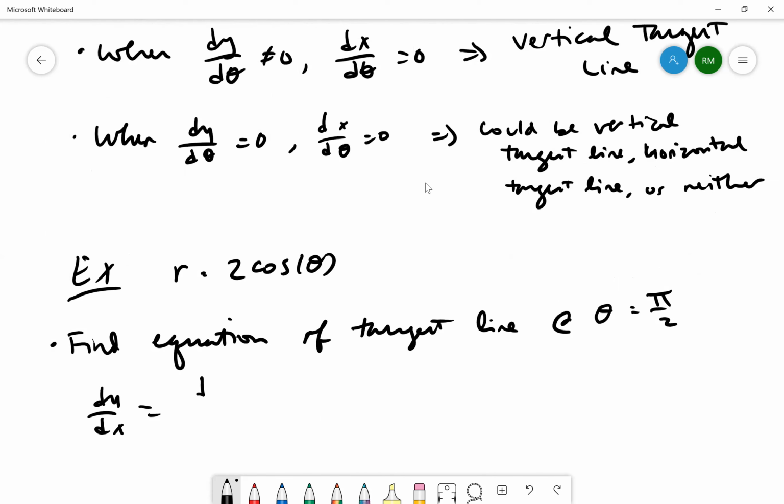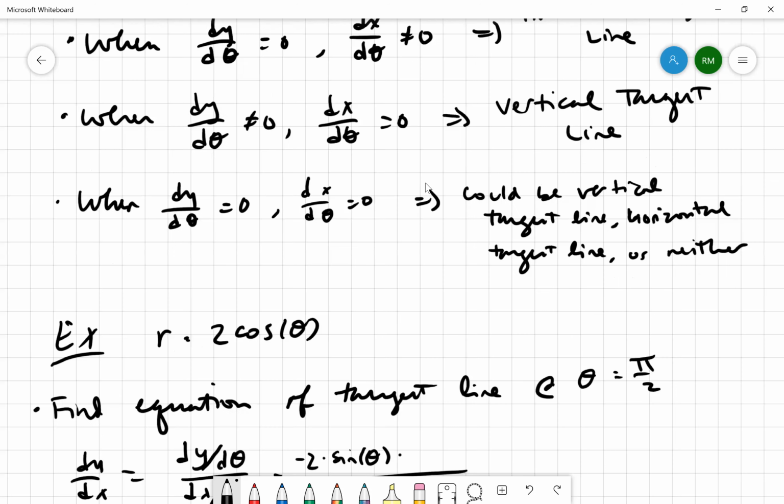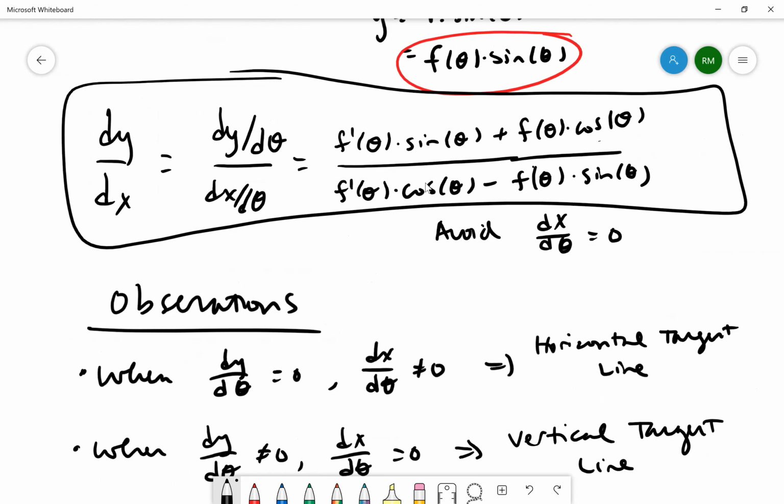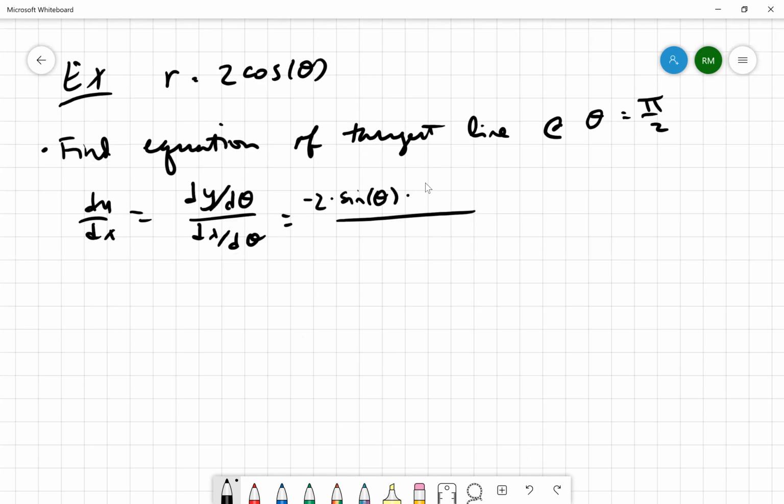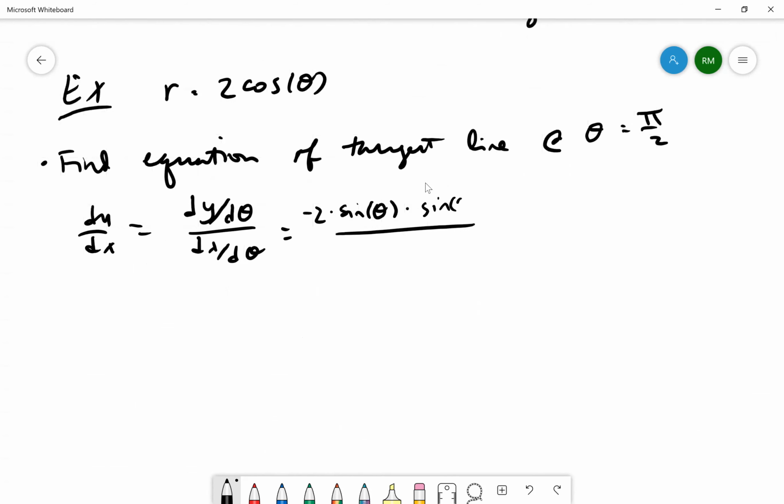So that's equal to dy d theta over dx d theta. Okay, so that's going to be minus 2 times the sine of theta times sine of theta, plus 2 times cosine theta times cosine theta, over